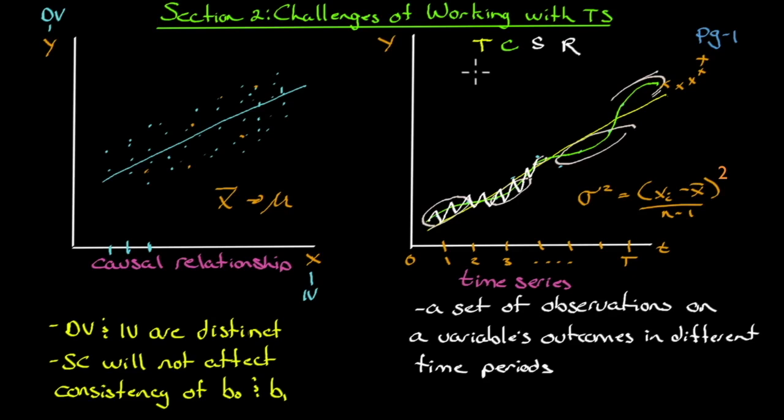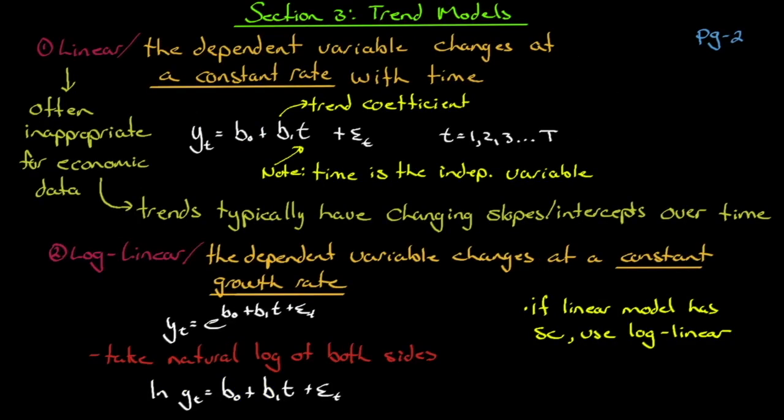Because the time series, I'm telling you right now, does. Period. The majority of economic data and the majority of financial data and accounting data, the majority of it violates the assumptions of regression analysis. If we're looking at time series, it will. So we've got to deal with that. There's our task. So we'll move on to section 3, where we look at the 2 trend models that we'll